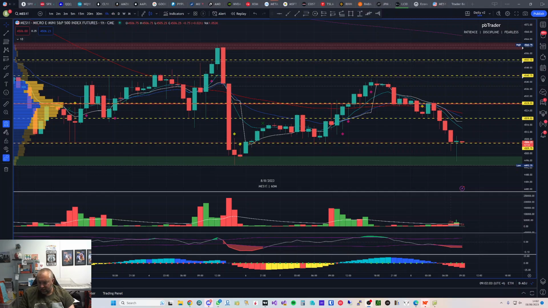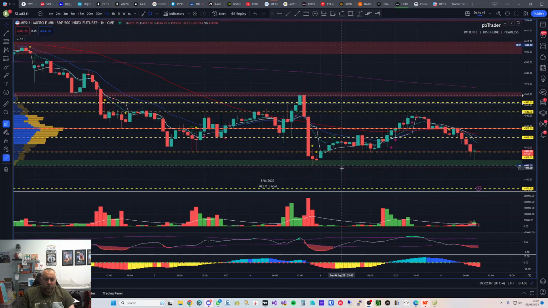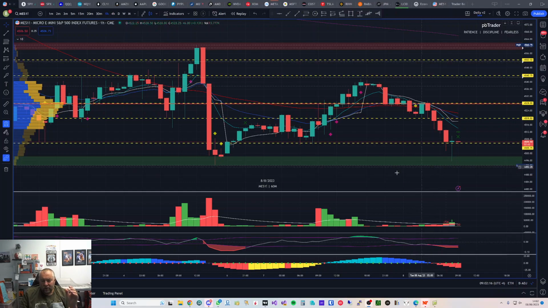Good morning, it's the 8th of August, it's just half an hour before the market opens and I'm going to go over the trade plan for today. On my screen at the moment is the MES 60-minute chart and we are currently looking at this lovely double bottom. I've actually already got into this market at